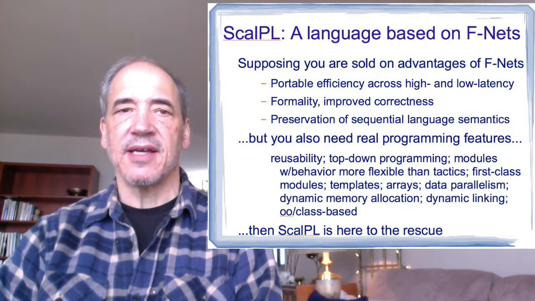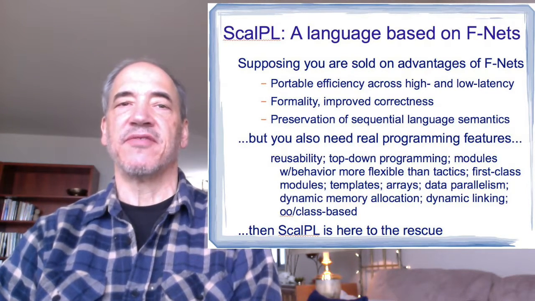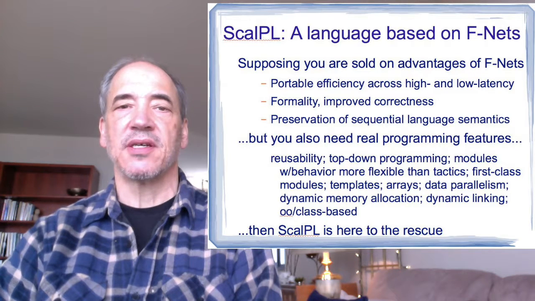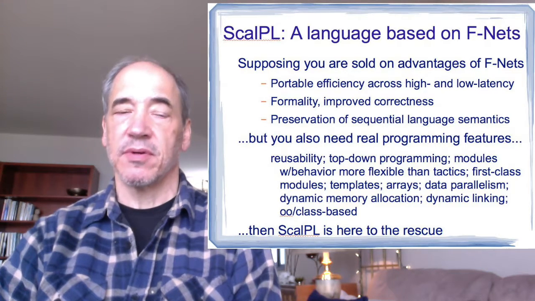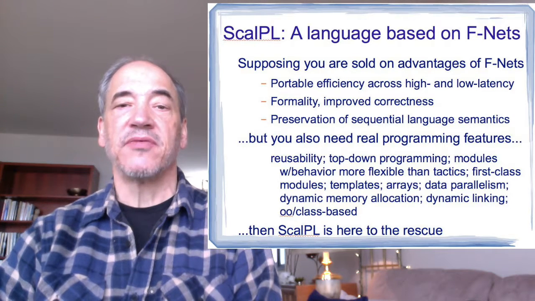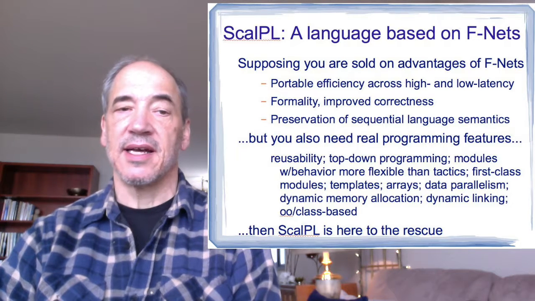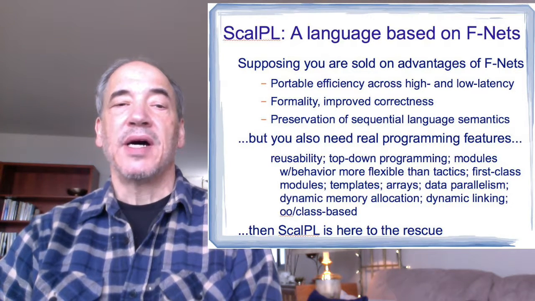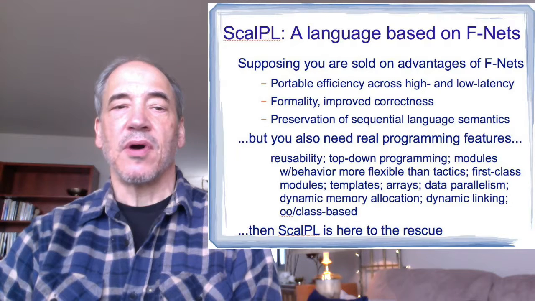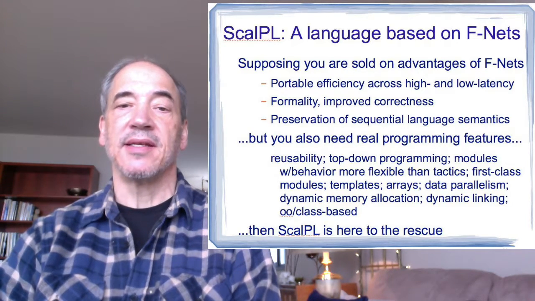This is a video about Scalpel, a language based on FNets. It supposes you're already sold on the advantages of FNets, the portable efficiency across high and low latency platforms, the formality and improved correctness of programs, preservation of sequential language semantics, and the other things that we talked about in the last video. But it also supposes you also recognize the need for real programming features, things like reusability, top-down